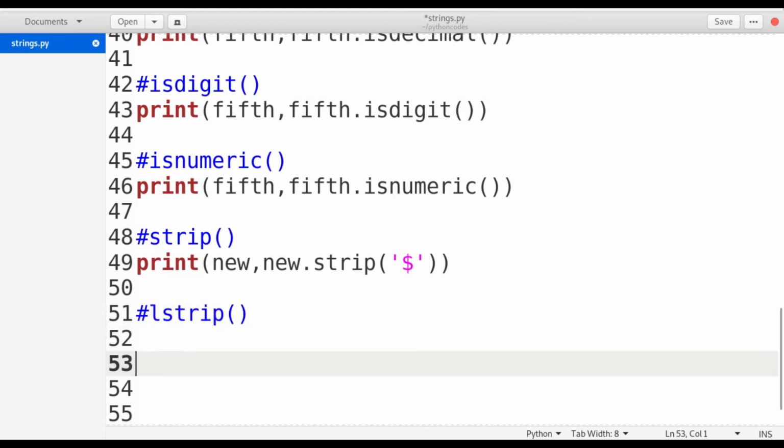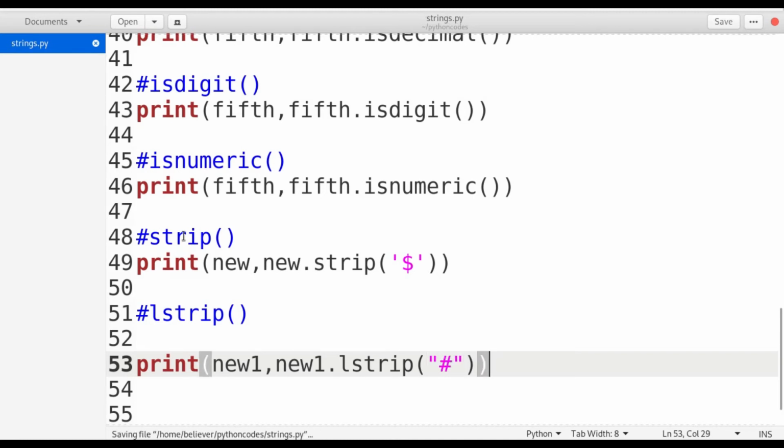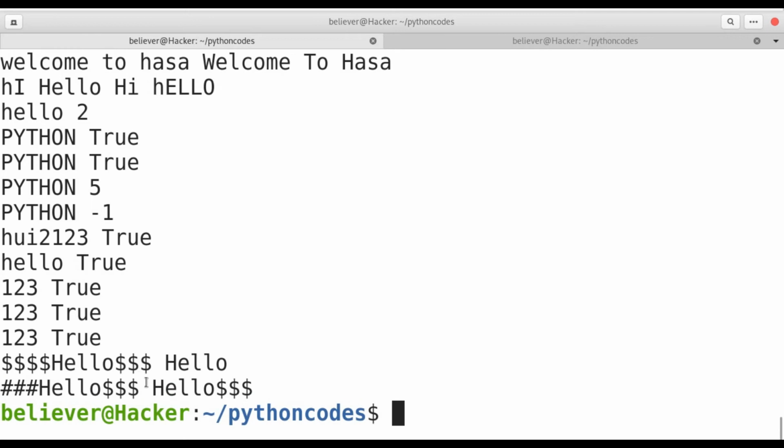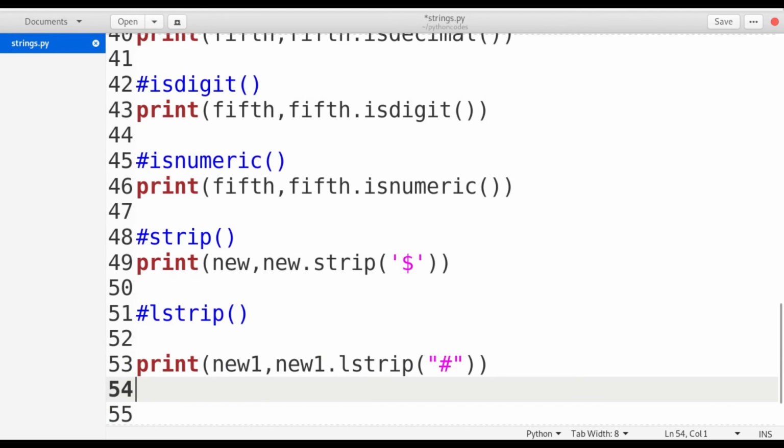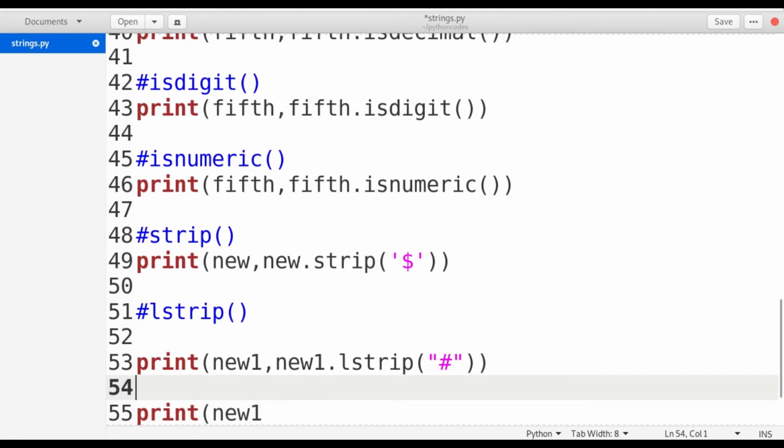Whenever I'm using lstrip, I need to print new one comma new one dot lstrip, and mention what symbol I have to truncate from the left side of the string. Suppose I mention hash. If you see the output, I got the hash truncated from the string. Now I have to use another one, rstrip. This is the first rstrip.